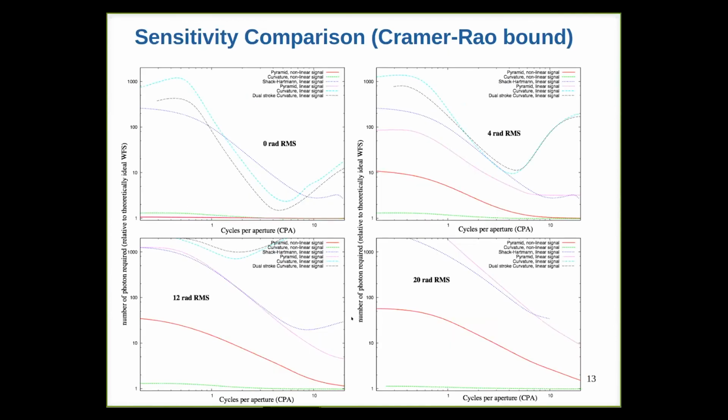And this is an important plot that I'm going to spend 2 minutes explaining. This is different wavefront sensors' sensitivity. Sensitivity is on the vertical axis, and spatial frequency is on the horizontal axis. Here I'm plotting the sensitivity of various wavefront sensor schemes as a function of spatial frequency. This first plot, top left, is for no wavefront error. What we can see are two clear families: the seeing limited wavefront sensors, which have poor sensitivity at low spatial frequency, and the diffraction limited wavefront sensors, which include the pyramid. This is a non-modulated pyramid,